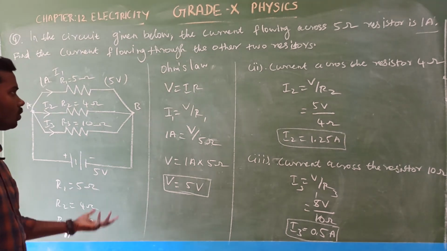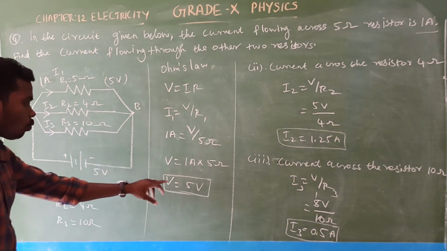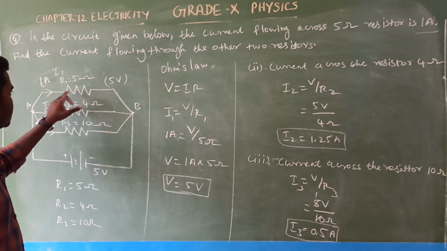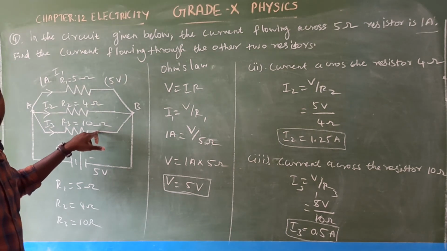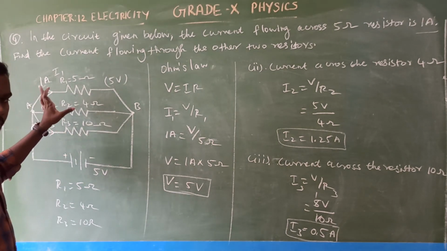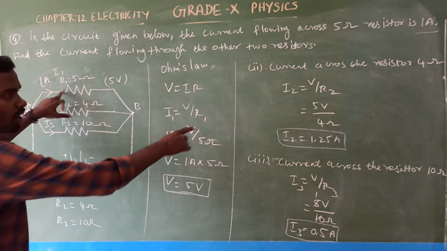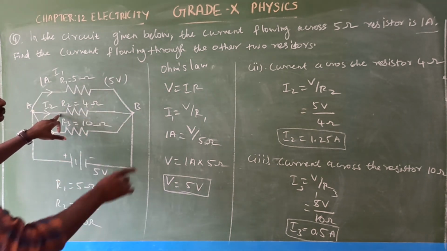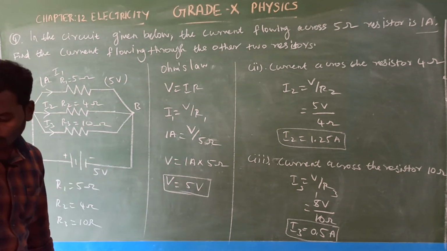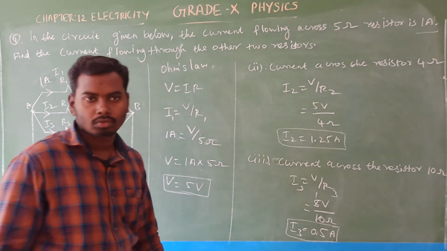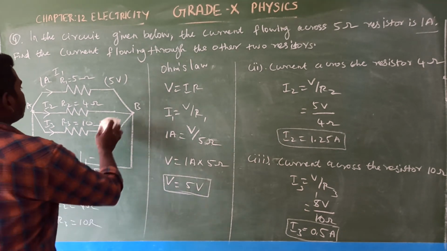Look at here. In this parallel combination, voltage remains same, that is 5 volt. So across the resistor R1 also potential difference 5 volt, R2 also 5 volt, R3 also 5 volt. Am I right? But across the resistors, we already know the current gets distributed in parallel combination. Across R1, the current value is 1 ampere, across R2 it is 1.25 ampere, and across R3 it is 0.5 ampere. That's all, students. Very easy. This is how you need to make numericals.